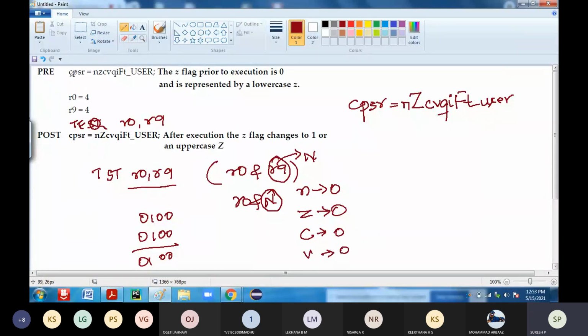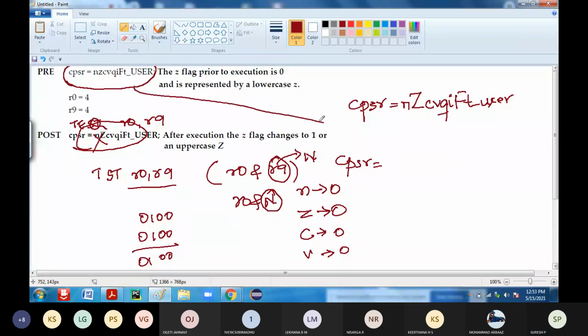So then you write the post condition: what are the different flag statuses that CPSR contains? Your CPSR won't be affected, so just don't write it. After execution, your CPSR will be the same as the previous, the pre-execution value.